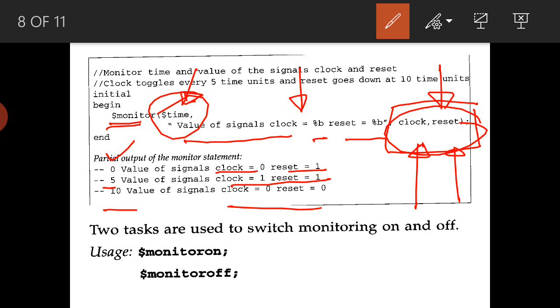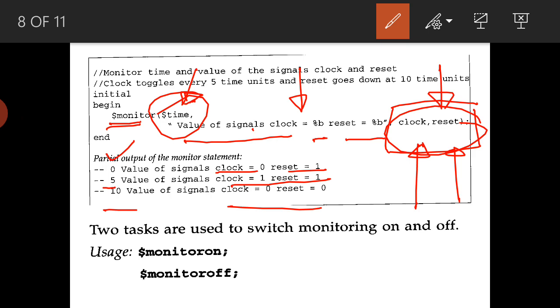The same example we can recall from the very first module, the ripple carry counter example. In the very last slide we saw the output of the ripple carry counter. There also we used $monitor, $time and the count value. At every 10 nanoseconds, 0, 10, 20, 30, 40, the count value varies 0, 1, 2, 3, 4, 5, 6 like that.